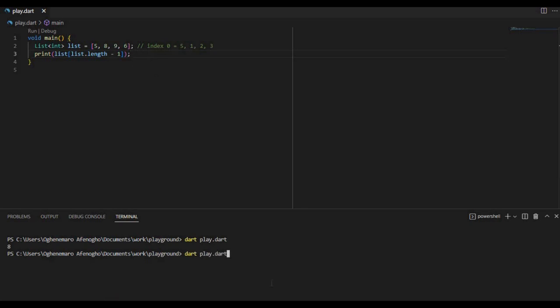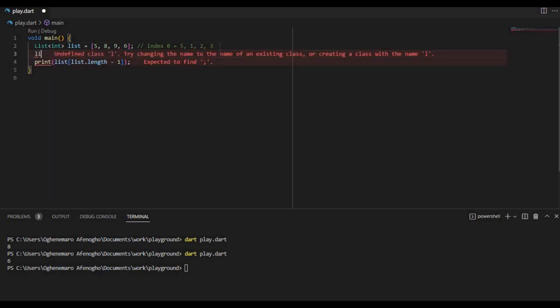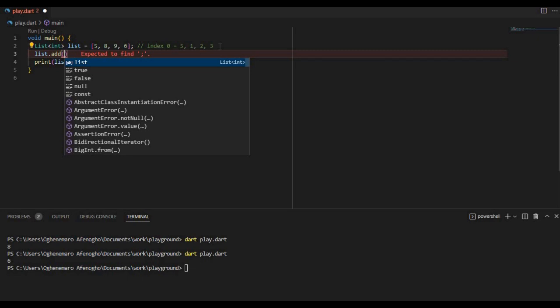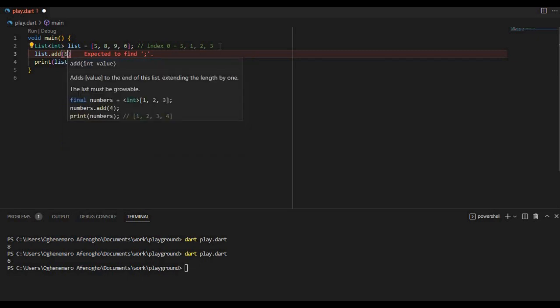So if we do this and print again, we're going to have the last element of that list, which is 6. Now we can also add elements to a list, right? Right now we have 4 elements on this list. Let's say we want to add an element to the list. We could just simply go list.add. That's one of the methods in the list. List.add, let's add